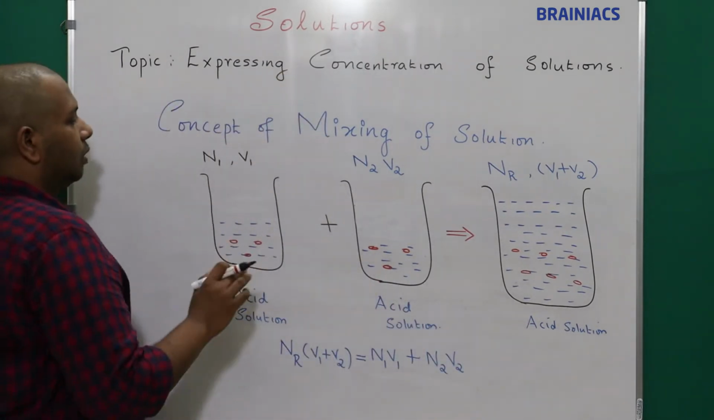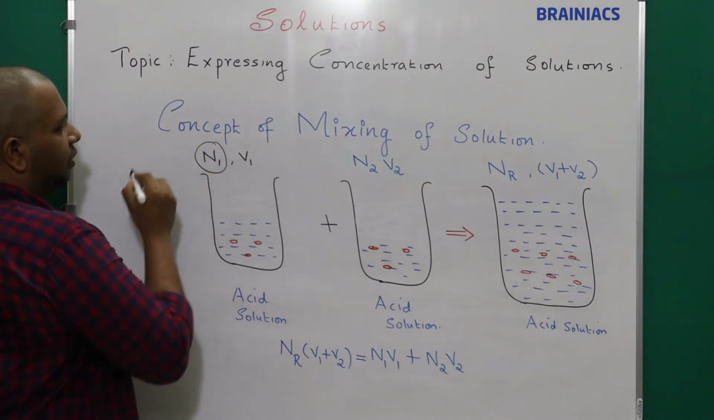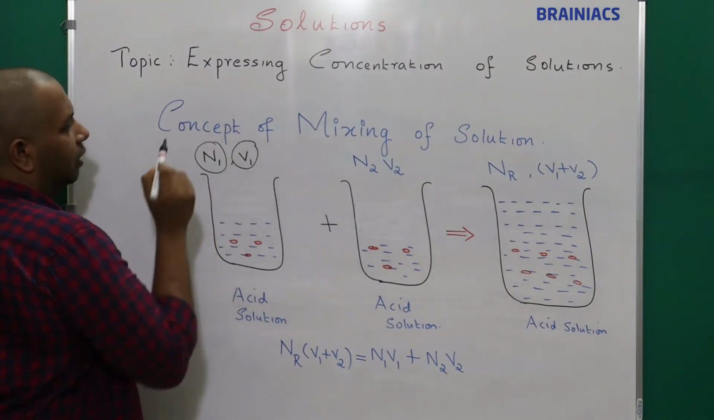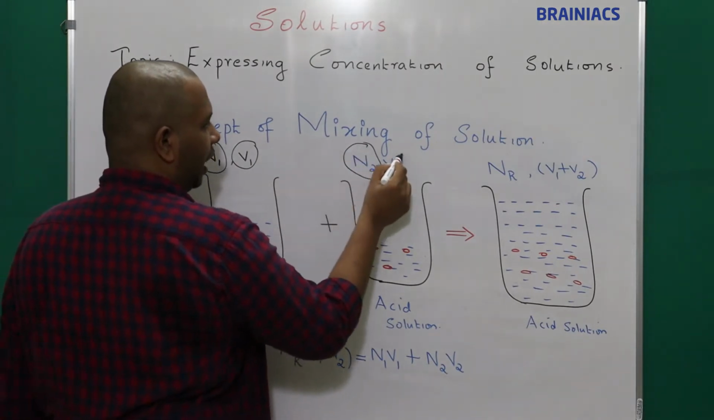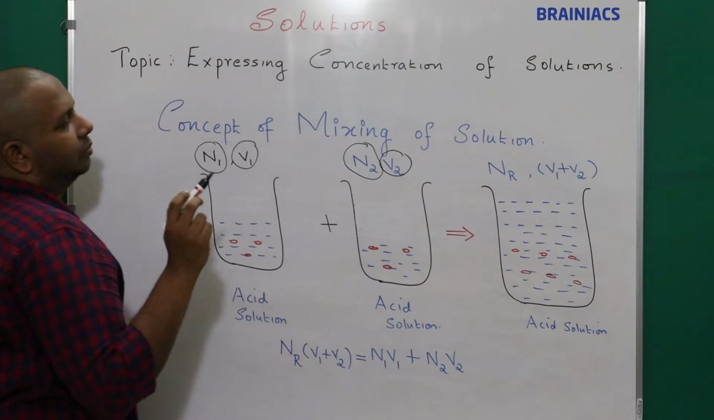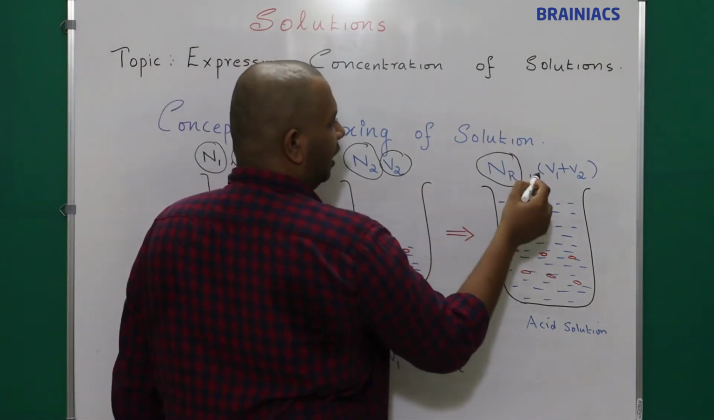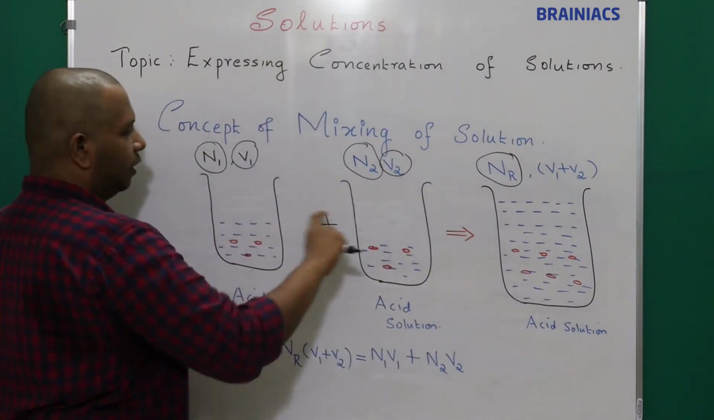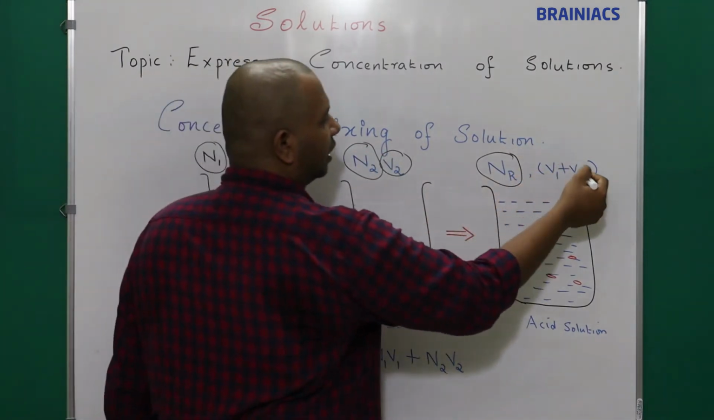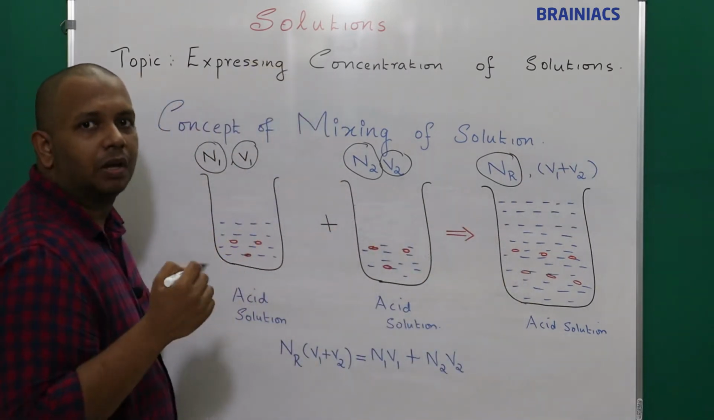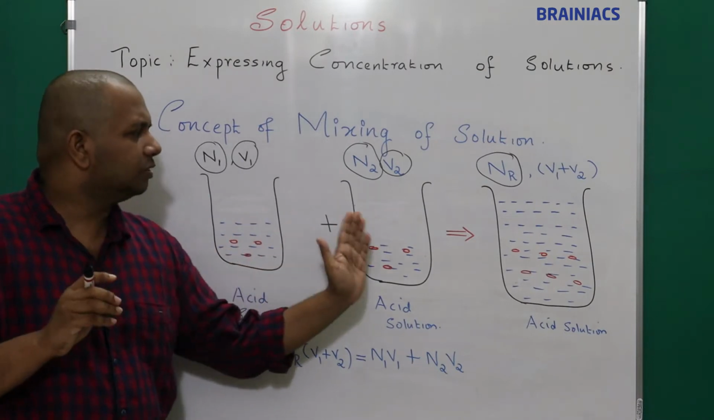Now we assume that its normality is N1 and its volume is V1. And this one has normality N2 and volume V2. And the resulting solution has a normality NR and the volume will be what? When you add these two, the resulting volume will be V1 plus V2. So I write V1 plus V2 here. Now please understand, please think about it. When you mix these two,